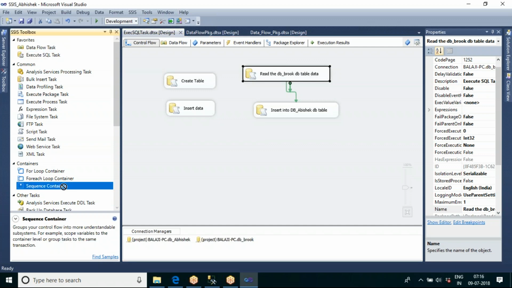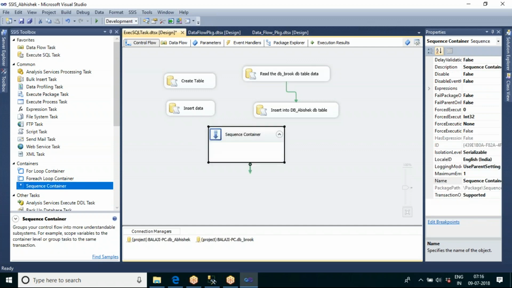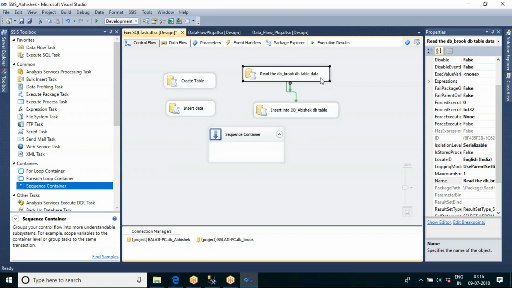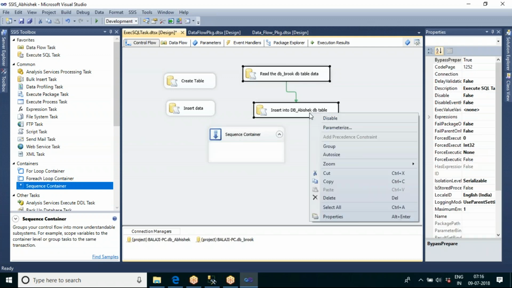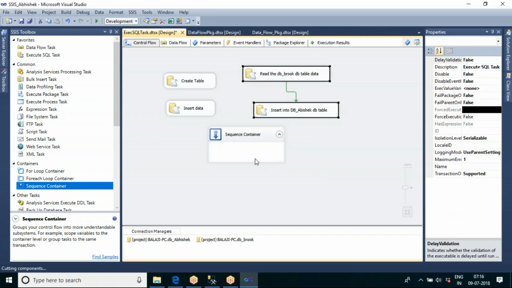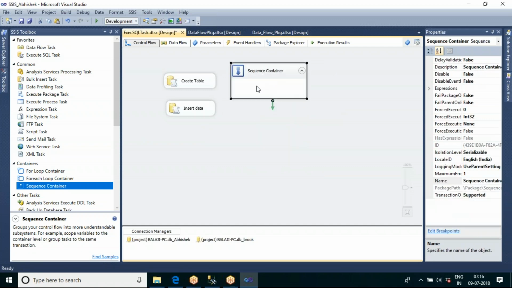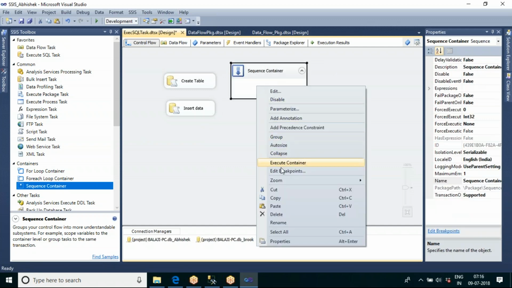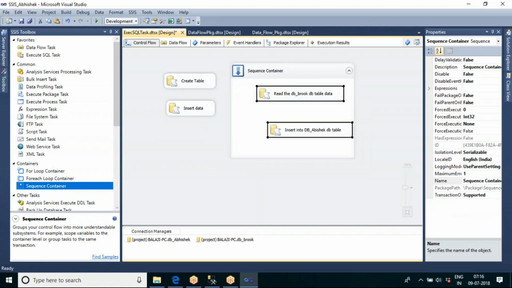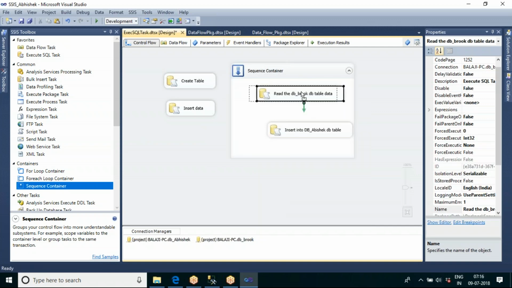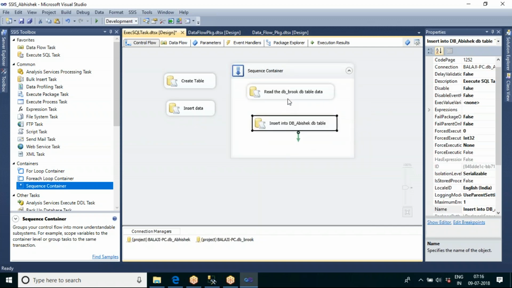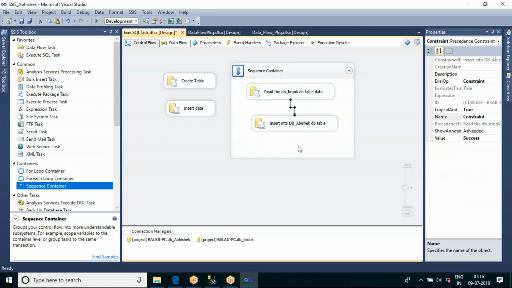Now let me drag and drop the sequence container and put these two inside this container. I'm putting those two inside the container, and let me link those again.